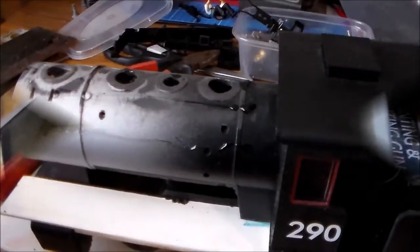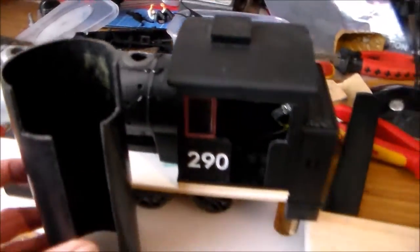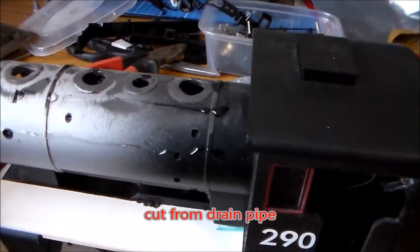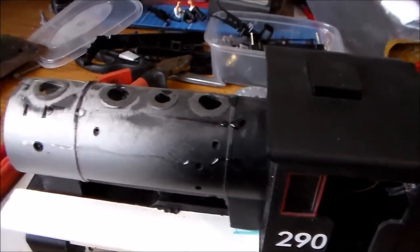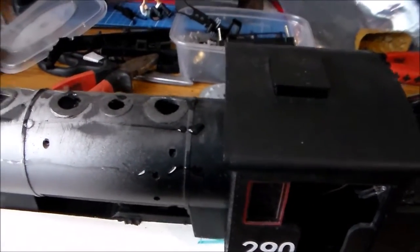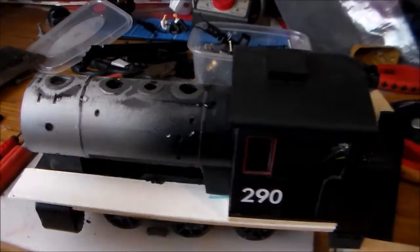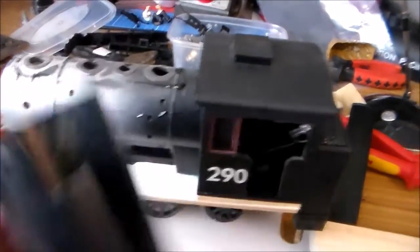trimmed to size. I've put a couple of blobs of Yoo-hoo onto the boiler. That's the boiler sleeve that's going to go on top. Not enough Yoo-hoo to hold it irretrievably in place, enough to hold it in place. Experience suggests that a few blobs here and there will hold it, but if I want to prise it off again, I'll be able to get something in there and prise it back out again. So that is just going to slide over, and there's a slot cut into the bottom to miss the bits